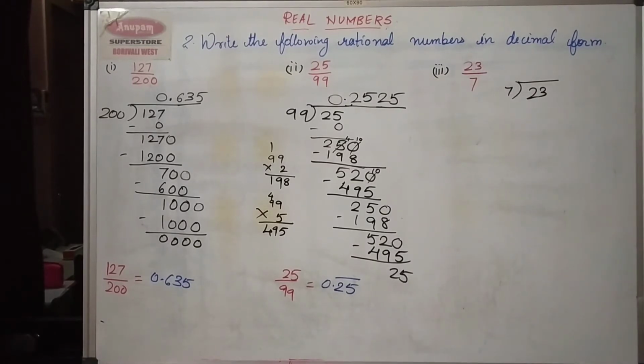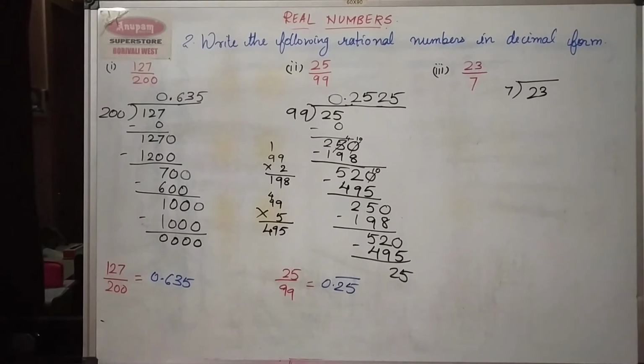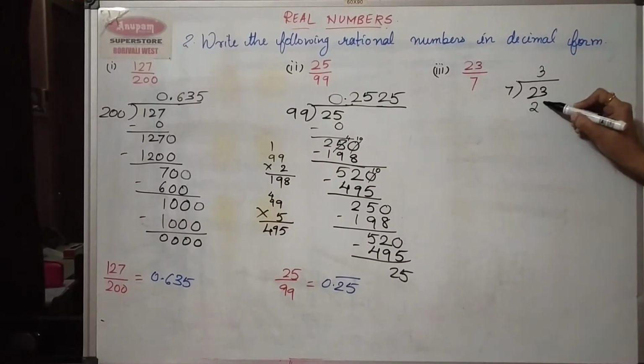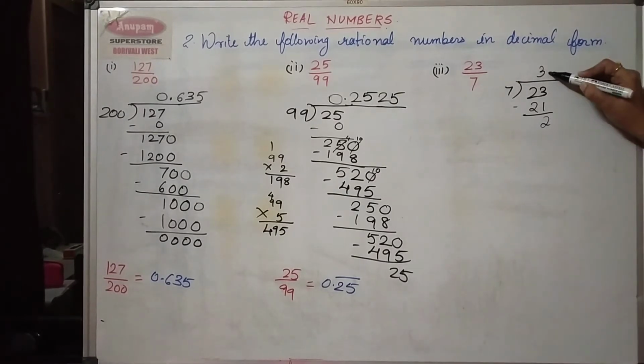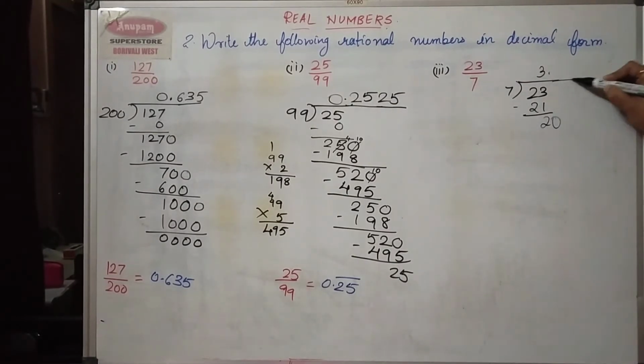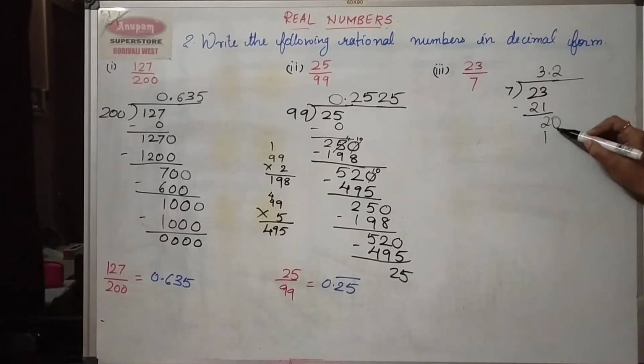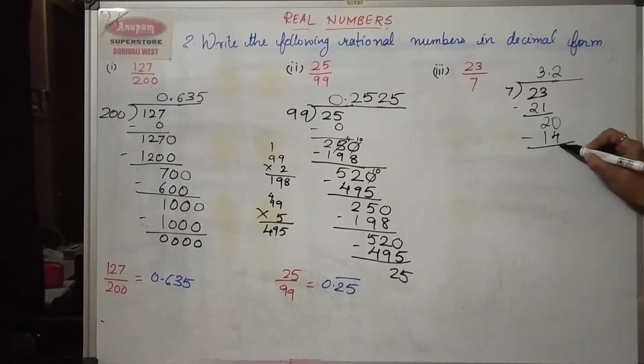Now, let us continue with our division. Now, 23 divided by 7. So, this is very easy. Let us start. 7 3s are 21. This everyone knows. 23 minus 21 will be 2. Now, since I don't have any number to bring down, I will take a decimal point and I will write down 0 here. Now, 7 into what gives you 20? 7 2s are 14. So this is 6.